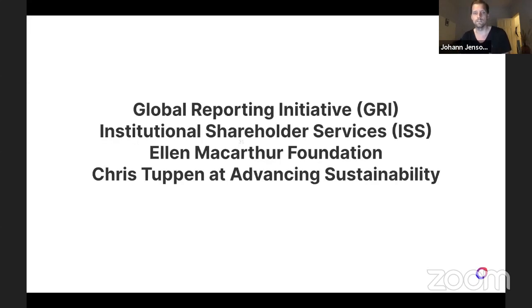So how do you measure success? There's a few standards or frameworks for that. The Global Reporting Initiative looks specifically at the Sustainable Development Goals, and they have standards on how private sector companies can report. You also have, and this is more on a publicly listed company basis, if you're a large multinational, the Institutional Shareholder Services actually looks at these companies, and they've automated their ESG score, their environmental, social, governance score for these companies.